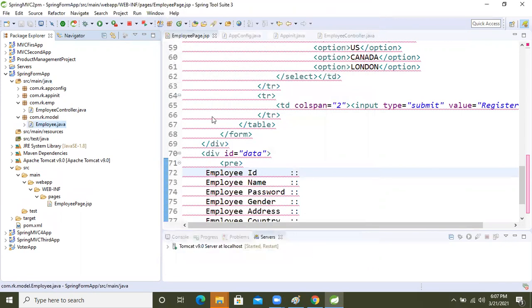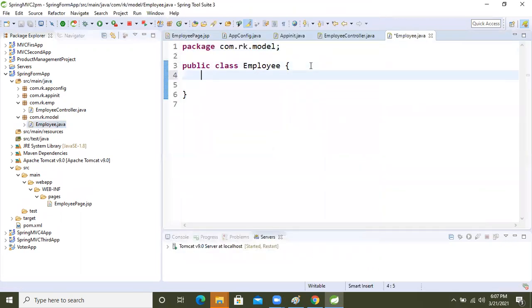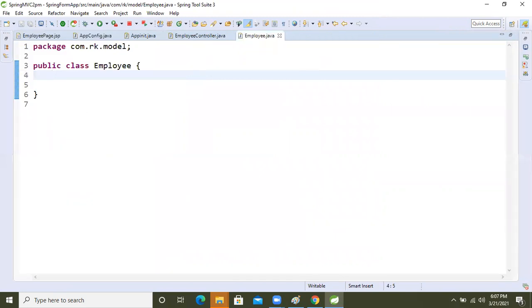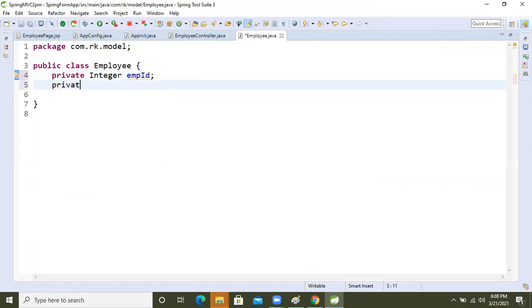Inside that, how many attributes did we decide? Private Integer empId. Another one, private String empName.